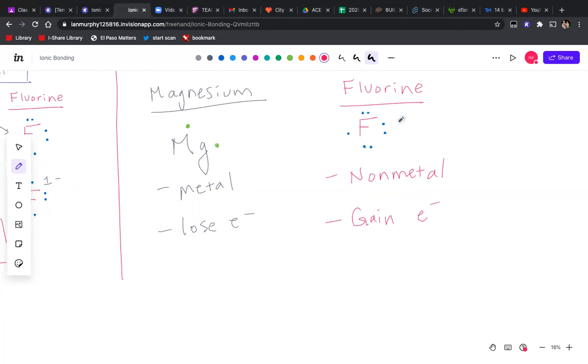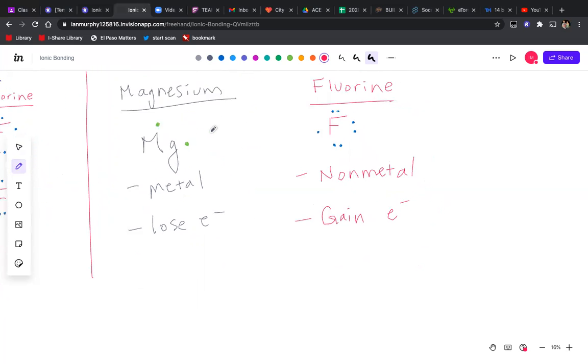We have fluorine here, right? But it only needs 1 valence electron. It doesn't need 2, right? So what's going to happen here? What do we think is going to happen? Because again, remember, if